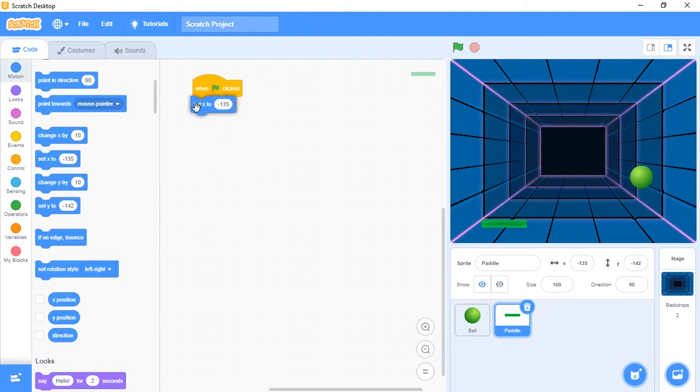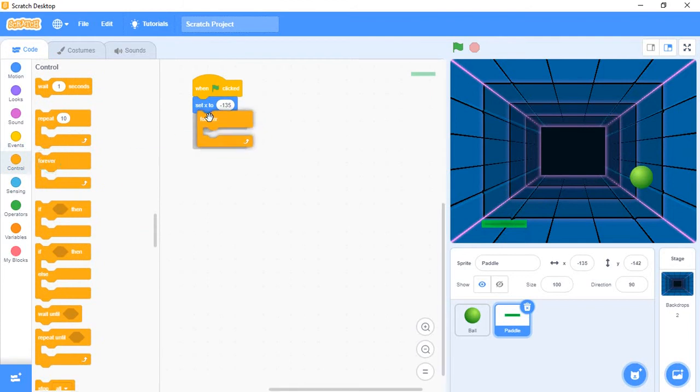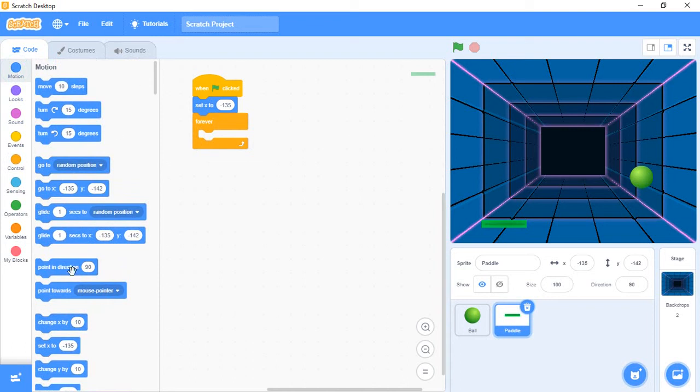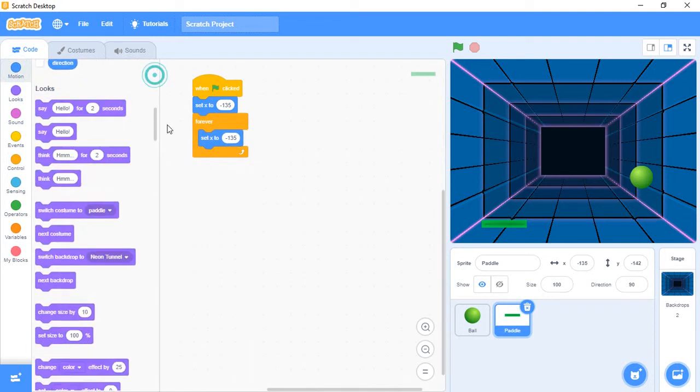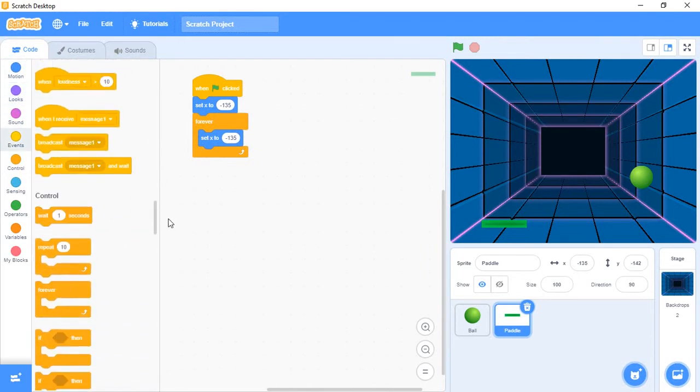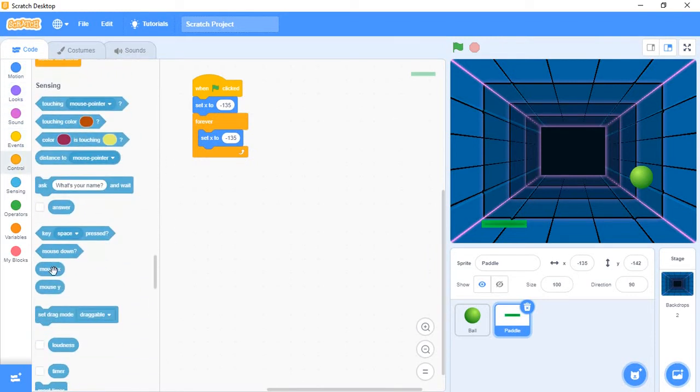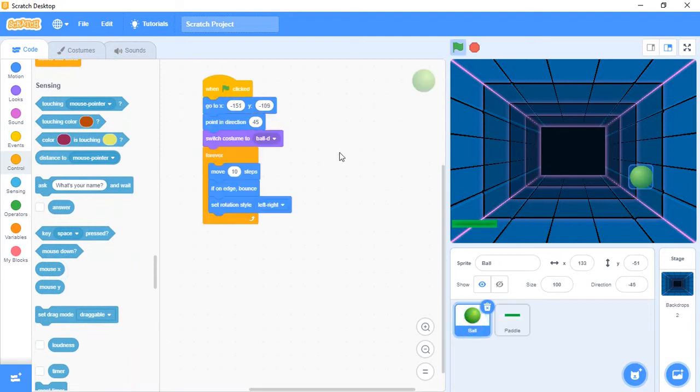Set x. Next, forever it should move wherever the mouse pointer moves. Wherever the mouse pointer moves, it should move. Okay. Like this.